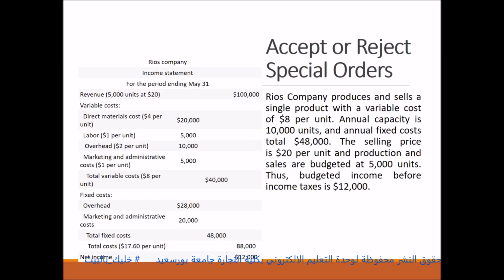A company produces and sells a single product with a variable cost of $8 per unit. Fixed cost is $48,000. The selling price is $20 per unit, and the company expects to produce and sell 5,000 units. That's why the expected net income is